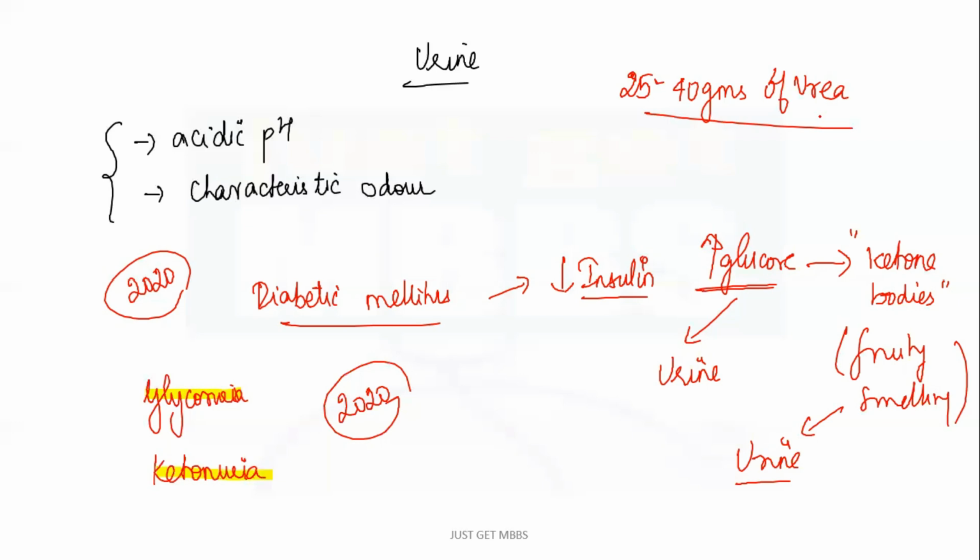So what you need to understand here is that any component in the blood, if it is in excess, can be eliminated in the urine. And if we try to find that component in the urine, we can make out a few diagnoses. Like if glucose and ketone are excreted here, we are trying to make a diagnosis that the patient might be diabetic. If there is some protein in the urine, we all know protein is normally not found in the urine of a normal patient. So if it is found, then we can suspect some diseases.